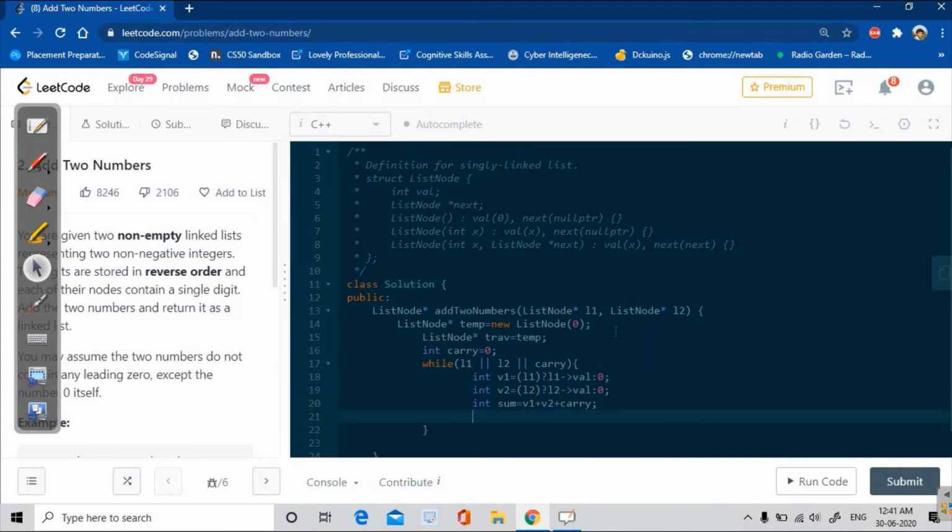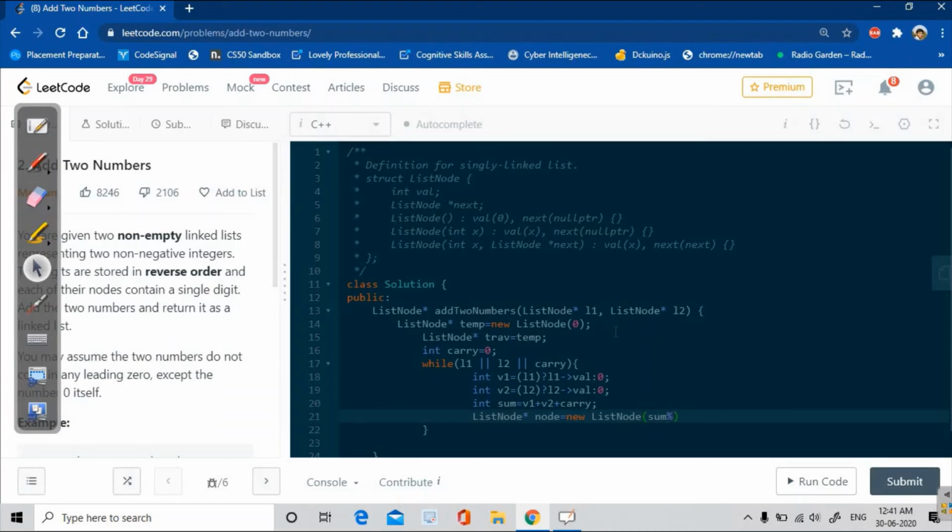After that I will create a new list node, and let's give this node the name node, and it will store the value sum modulus 10.